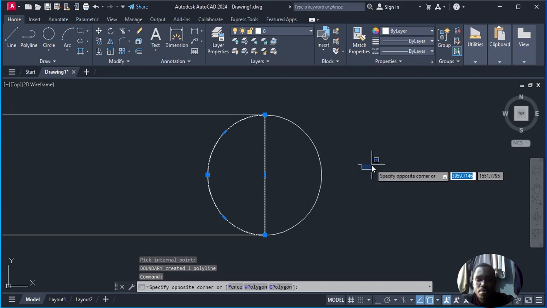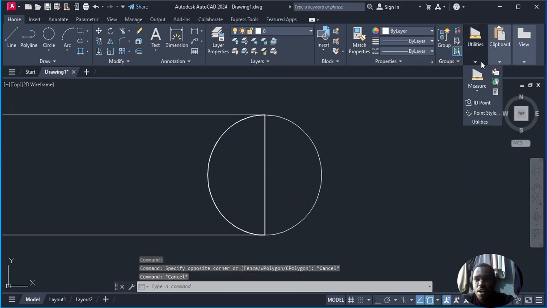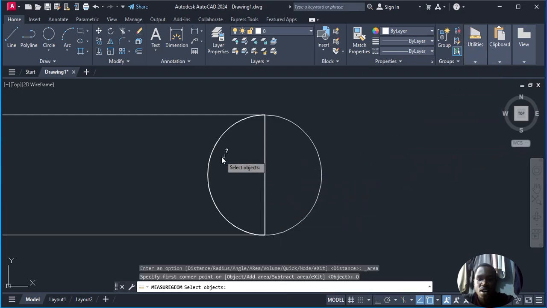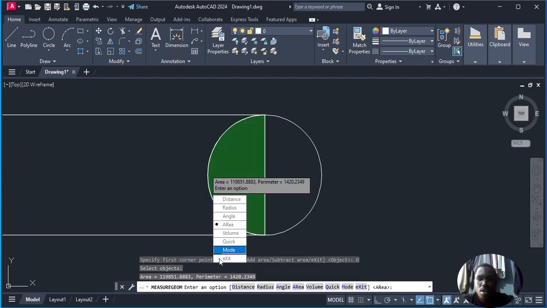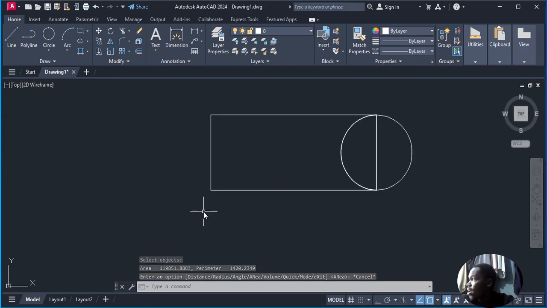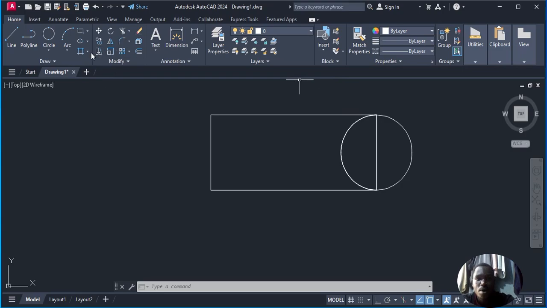And when we come to get the area of this and pick the object, and I select this one, it will show me the area of this and the perimeter. Yeah, so that's how it is done here, and we shall be able to do each and everything here. So that's it about the hatching